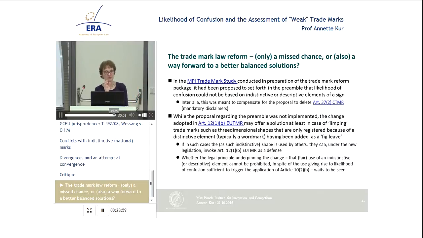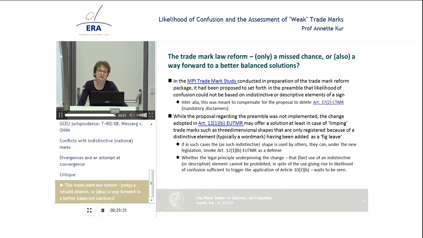But then this person, on the basis of the new limitation, would arguably be able to say, okay, but my shape is indistinctive because the shape of a bunny as such is not distinctive. So I'm still able to use this. Again, under the control of this final assessment of whether it is compatible with honest practices. So it can help in case of limping signs. The other question is then, and that I can't really answer, I can just hope that it may